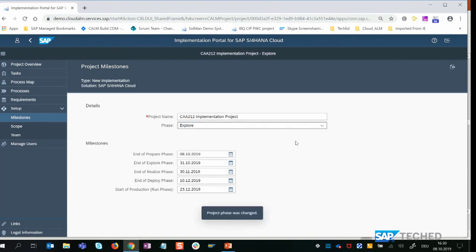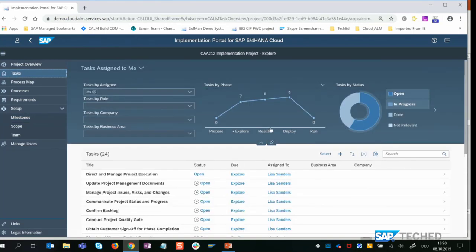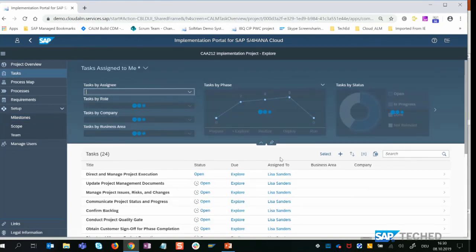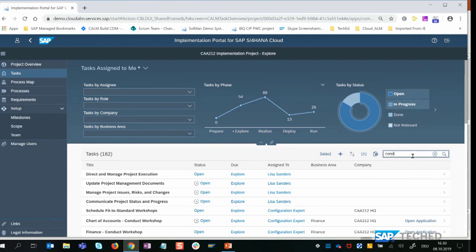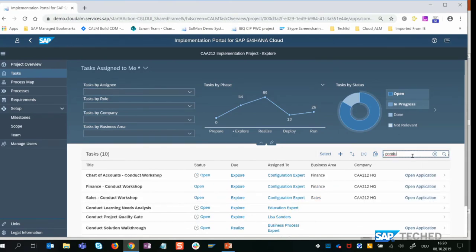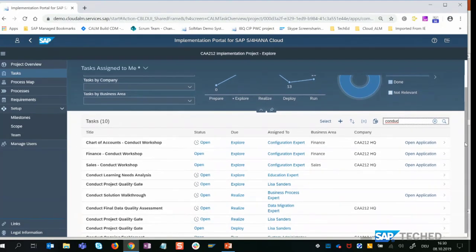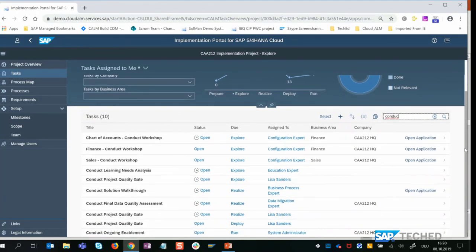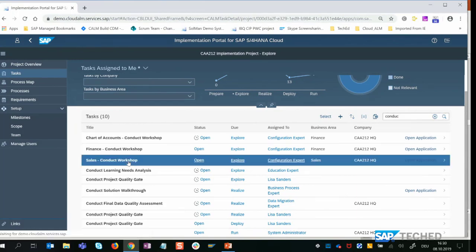And the major activity in the explore phase are the fit to standard workshops. So let's see which guidance we get here. So let's see what we can find. So we see here, for example, in our task list, sales conduct the workshop.